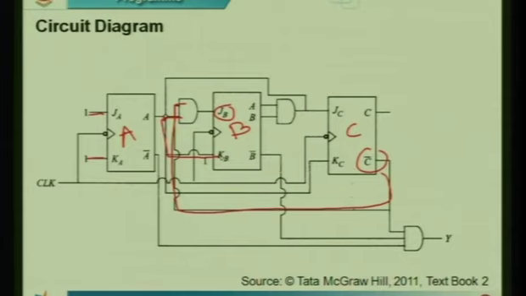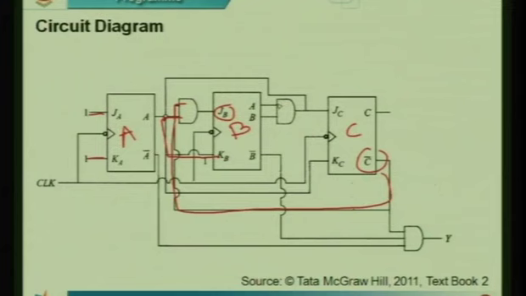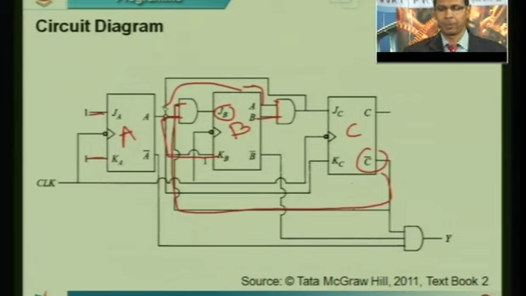What about the last flip-flop we have to worry about, which is flip-flop C? What was the value for JC? JC was an AND of BN and AN. So again you require a simple AND gate. You are going to take B from here and A again from here. So this is where you take A from. That's what the circuit is going to do. You take A from the output of the first flip-flop and AND it with the output of the second flip-flop.